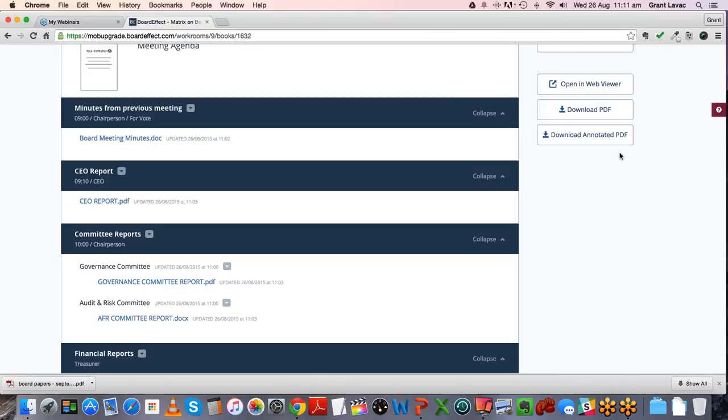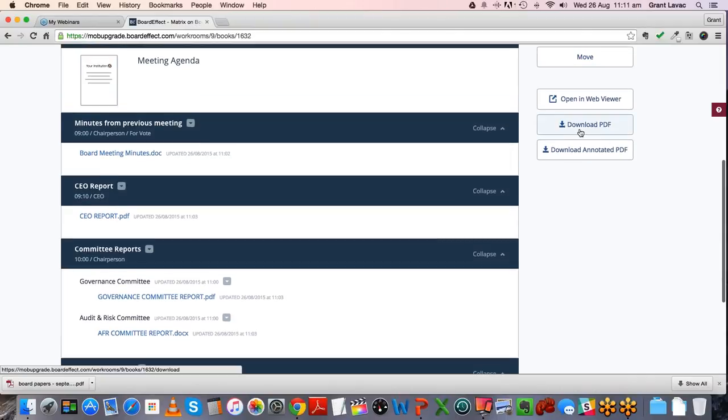So we're not saying your board members cannot have hard copies. We're catering to their preference. If they prefer to have a hard copy, they can now print it out themselves the very second that it's made available to them. And typically the process for you senior managers in the room, you would build your papers